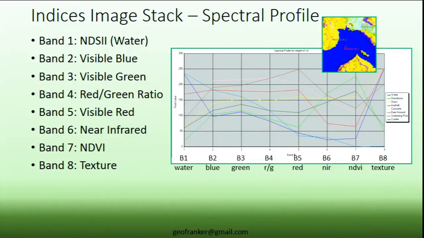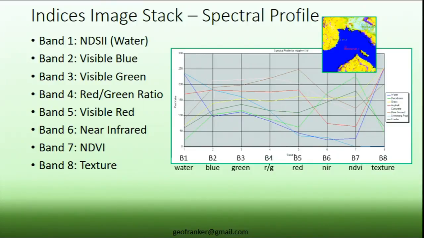So it's hard to use near-infrared to break up those classes. And even in the NDVI, it's still a little difficult, but when I bring in texture, notice what happens to the deciduous curve. It drops low. The conifer profile, it drops low. But the grass jumps up really high. So by using texture, we can start to break apart green grass from green trees, which is one of the